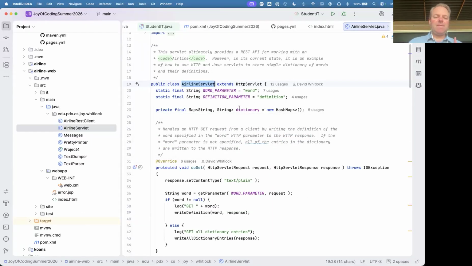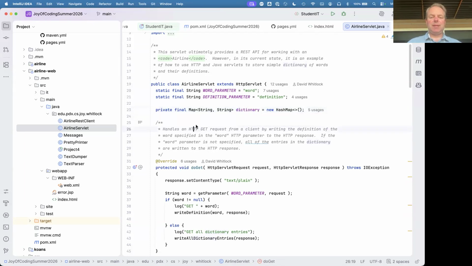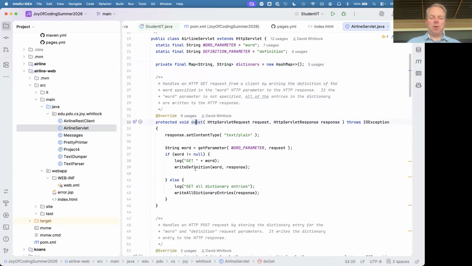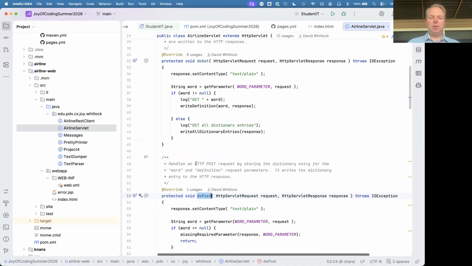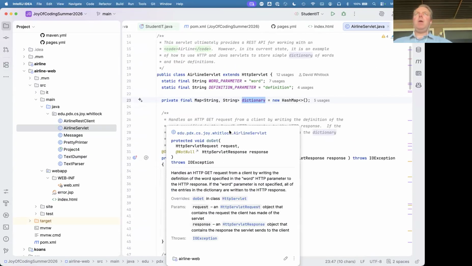And so this object maintains the dictionary. The dictionary is just a map of strings to strings. And really, it's this airline servlet object which holds the dictionary object. And then what the doGet and doPost methods do is interact with this dictionary object depending on what data is passed from the client. And the way data is passed from the client